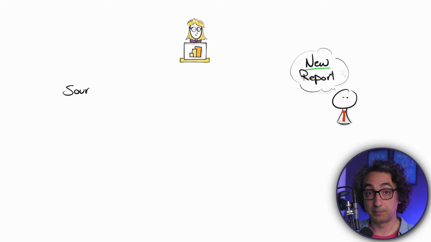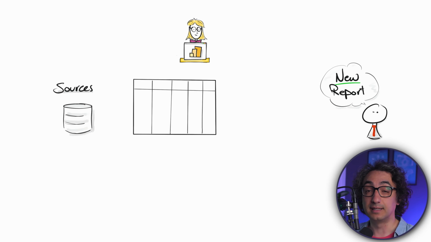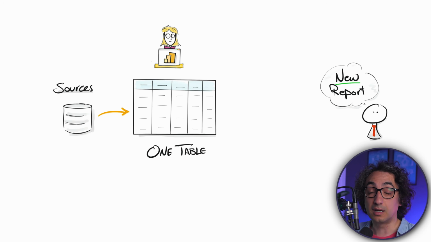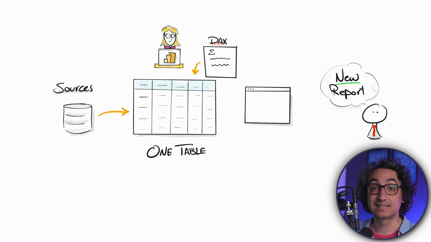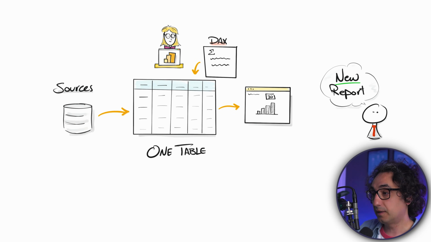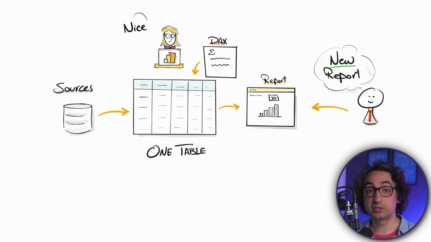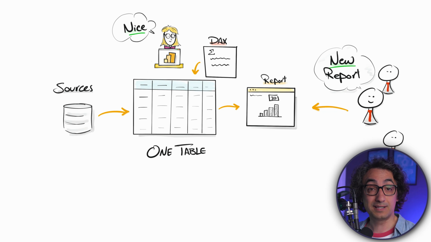Okay, so it starts like this. Someone is gonna ask you for a new report, and you're gonna start connecting the data and create one big flat table with all columns that are needed. Then you start adding some DAX calculations, build the report, and then share it with the user. So that's it, and this might take maybe 1 or 2 weeks. At the start, you're gonna feel that everything looks fine, and you're gonna feel that you are fast and flexible,